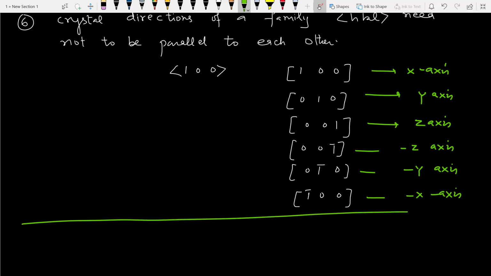So this completes the introductory concept to Miller indices. This is a very important topic, a long one, so we will be doing it in 3 parts. This is the first part. In the second part, we will find a few good numericals related to this, and we will solve various directions and planes in those numericals. It is a very important topic for exams, so you must do questions related to the Miller indices concept. Thanks a lot.